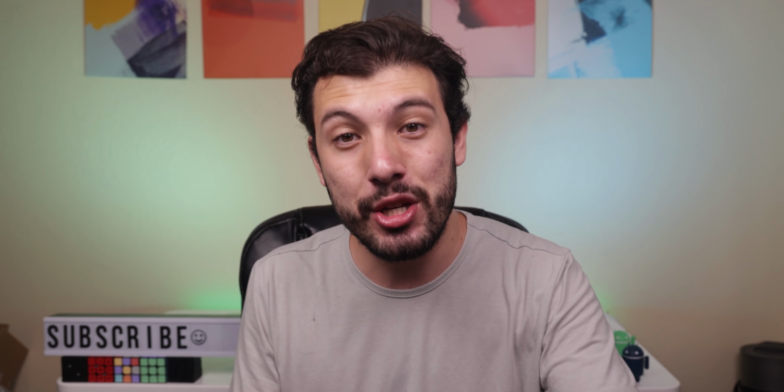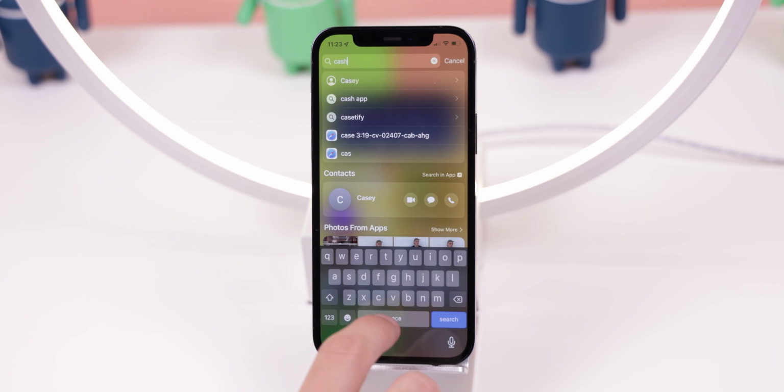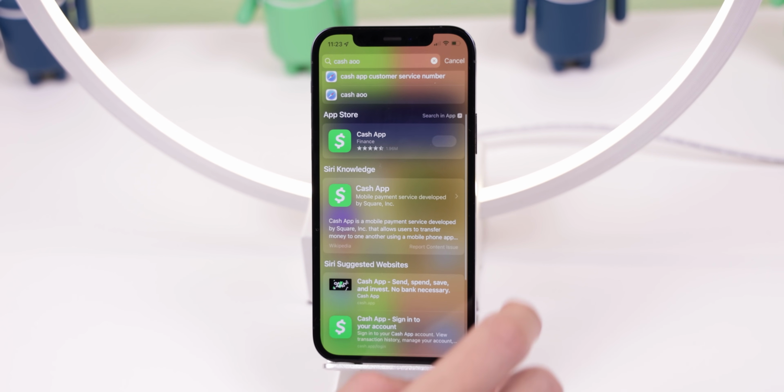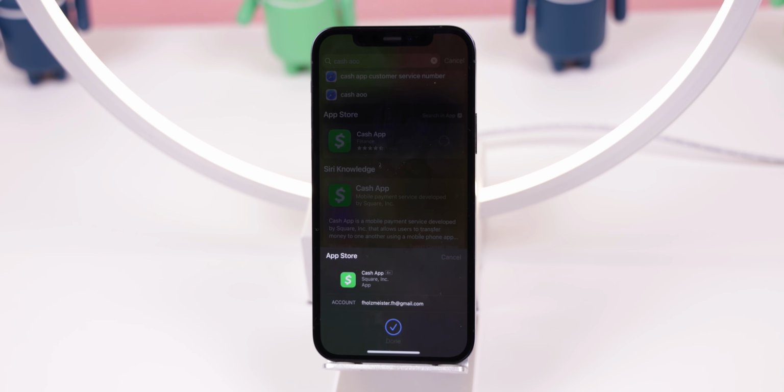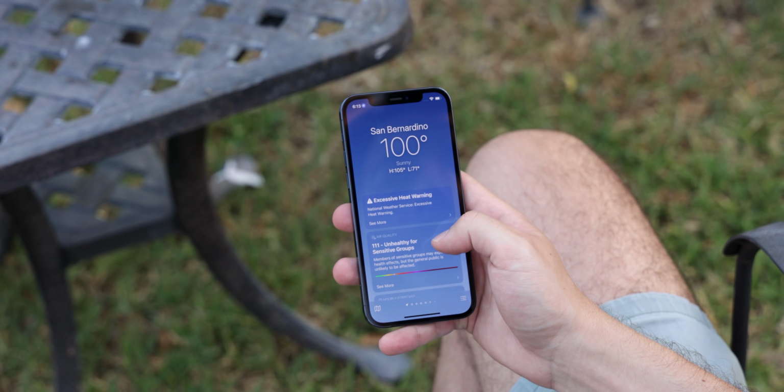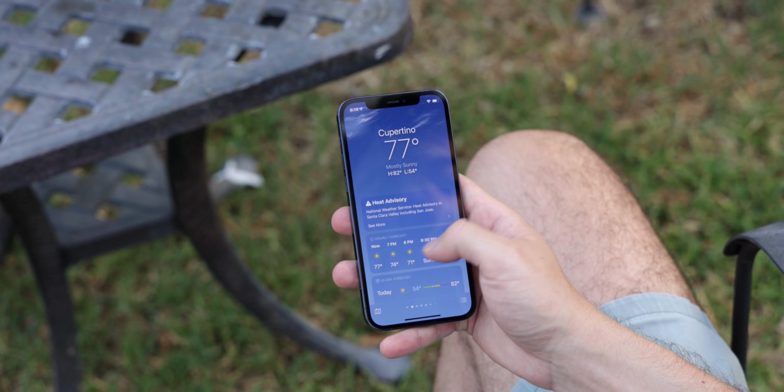And my favorite feature that I wish Android had is the ability to search for apps that you don't have installed and then quickly install them from the App Store without needing to leave Spotlight. Now that's next level. Finally, the weather app on iOS 15 has gotten 10 times better, and that's mostly due